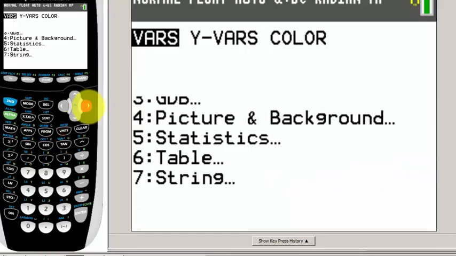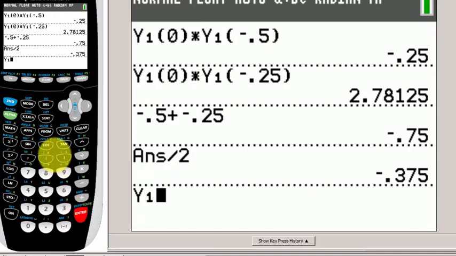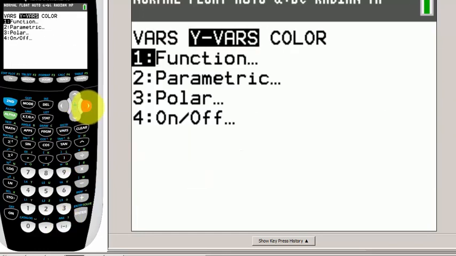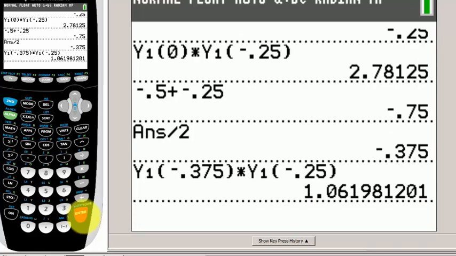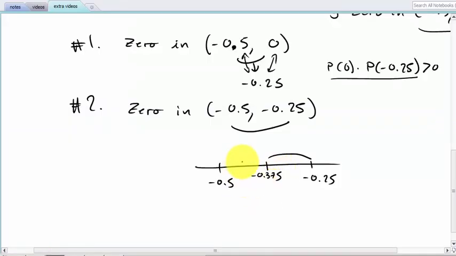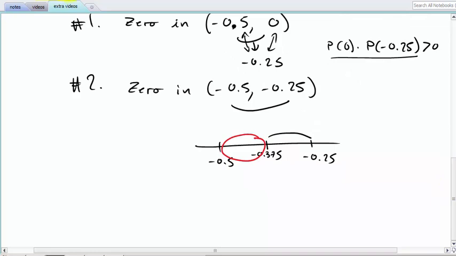So y1 at negative 0.375 times y1 at negative 0.25. Okay, let's see this one. It is positive. Okay, so let's go back right here. This is positive, so the root has to be in here. All right. Okay, so step number three,